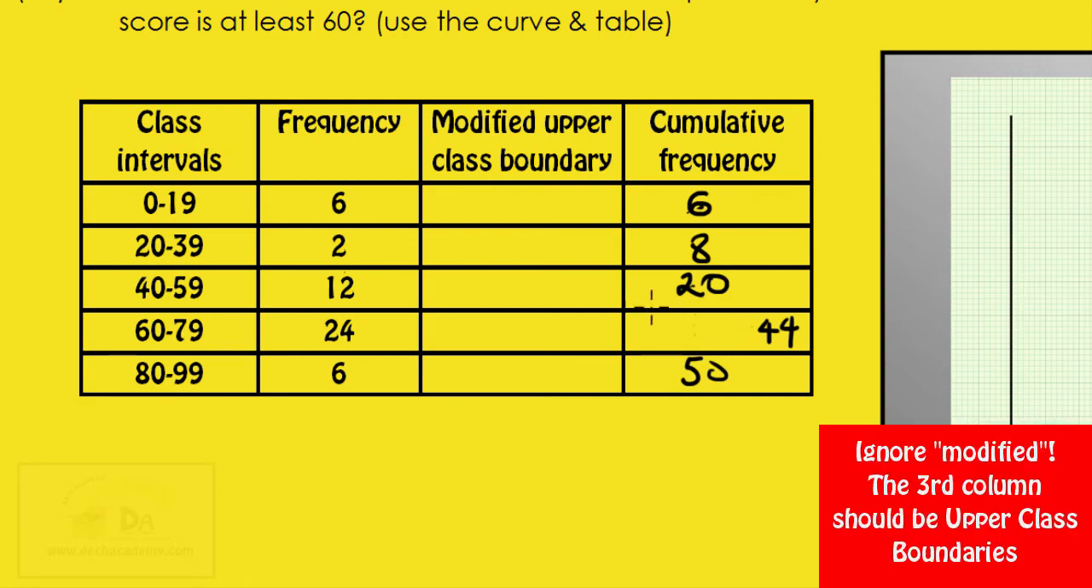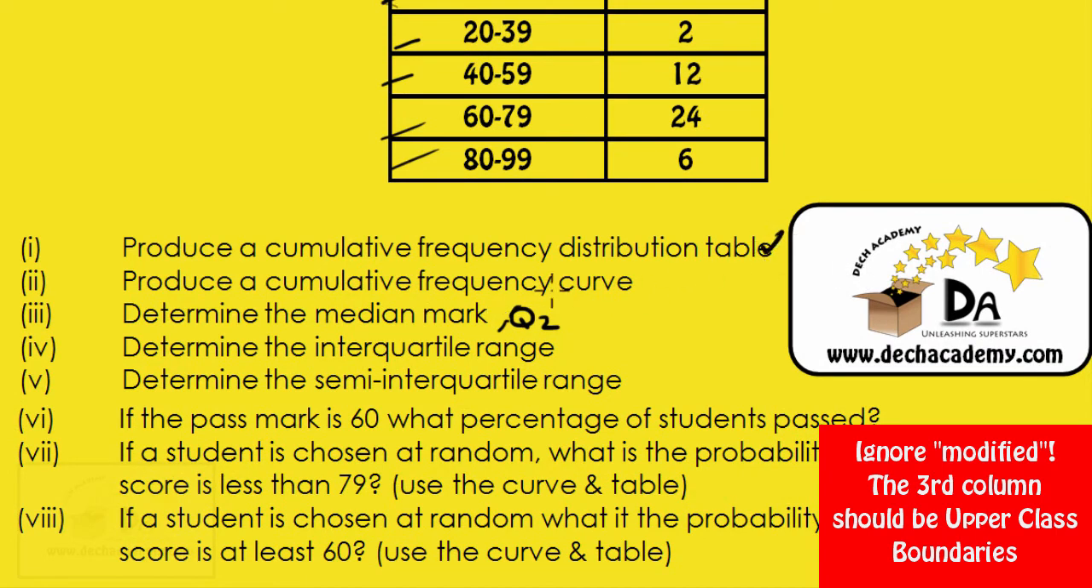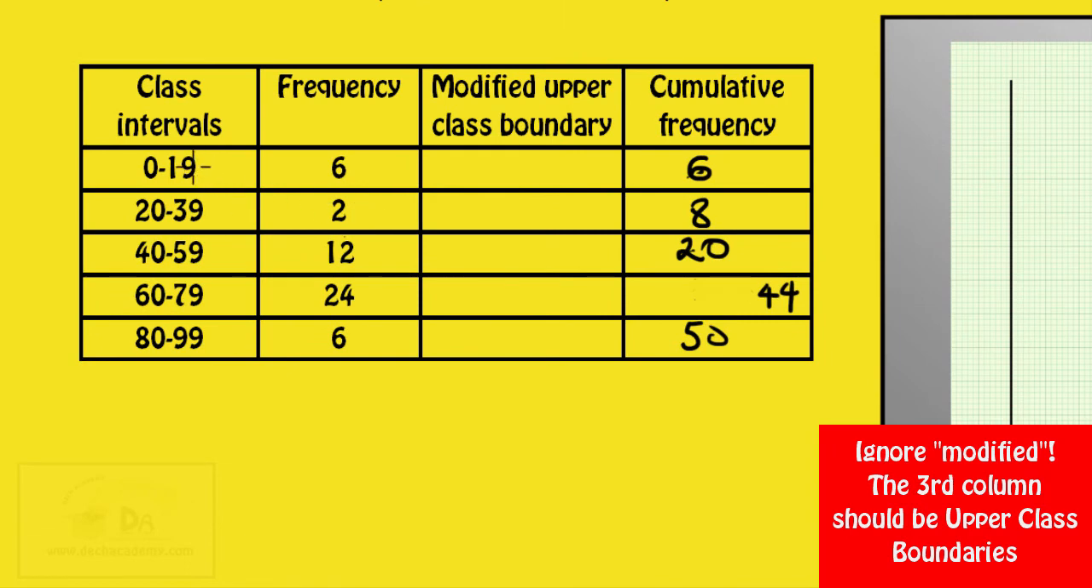So we have our cumulative frequency distribution table. So the first question has been answered. Next one says produce the cumulative frequency curve. Because of the gaps, between 19 and 20, there's a gap of 1 unit. Between 39 and 40, same 1 unit. So I'm just going to modify the upper class limit. So 19 becomes 19.5, 39 becomes 39.5. The upper class limit of 59 is extended to 59.5. The upper class limit of 79 is extended to 79.5. 99 extended to 99.5. So essentially what we're going to plot is,